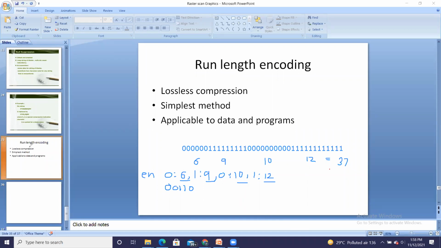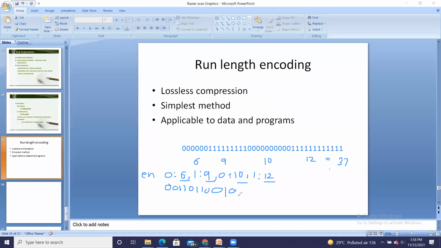The meaning is, it is read like this: 0 is occurring 6 times in this program code. Then 1 is occurring 9 times. 9 is written in binary format as 1001. Then again 0 is present 10 times.